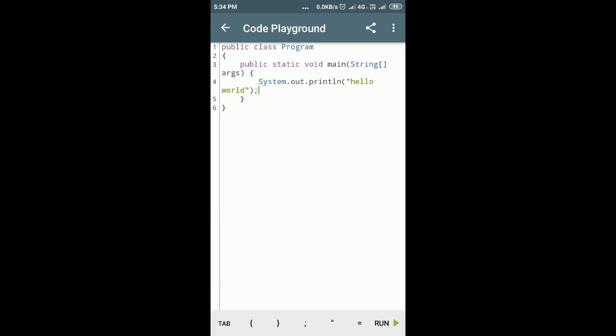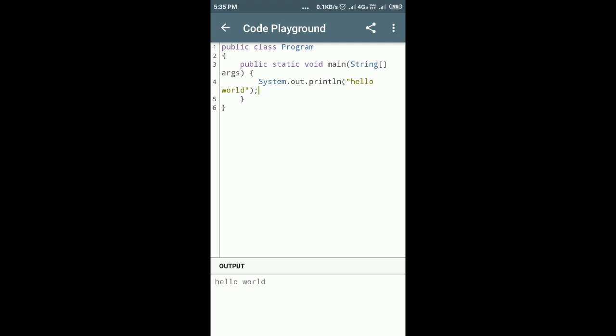Now I will run the code by clicking on the run button, which is appeared at the bottom. Click on it. Now you can see the output hello world is appeared.